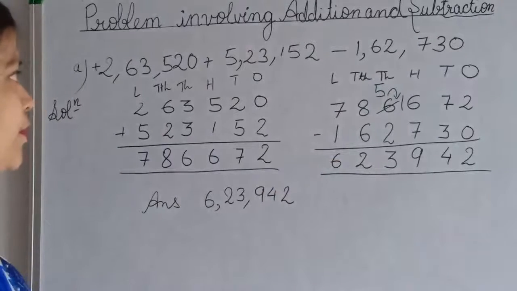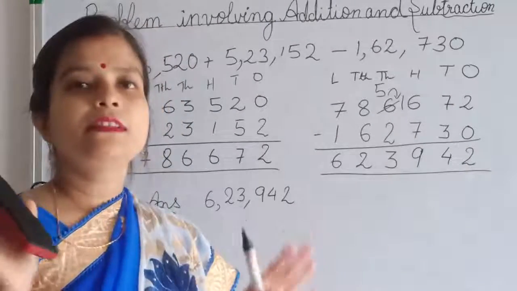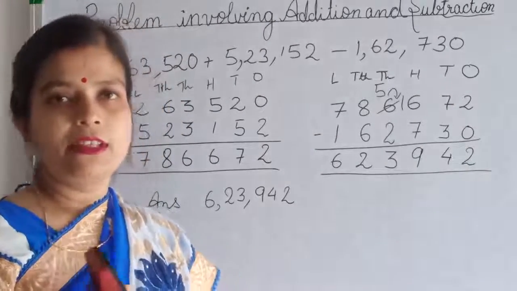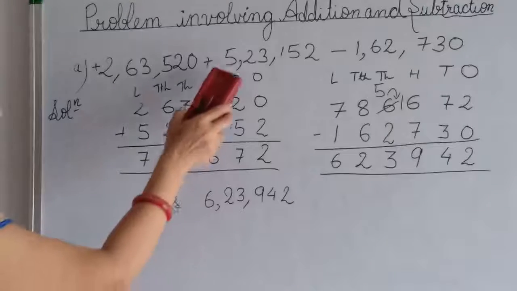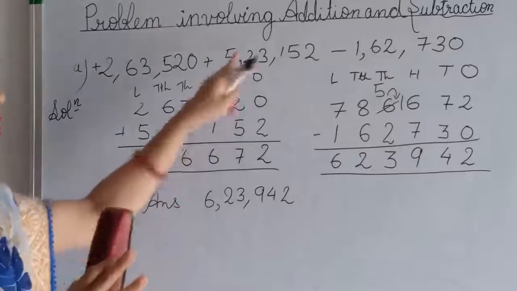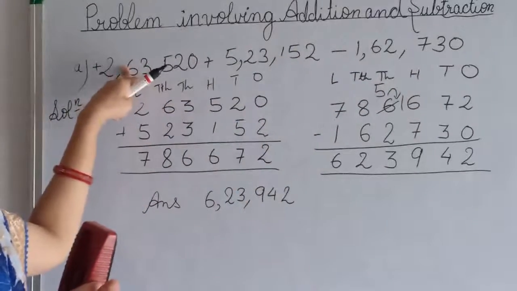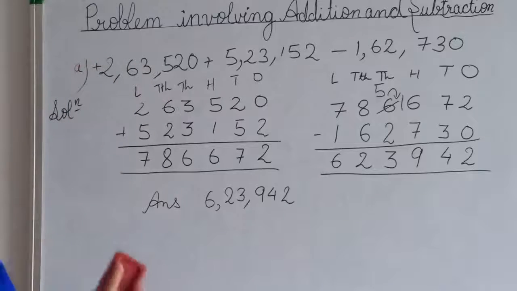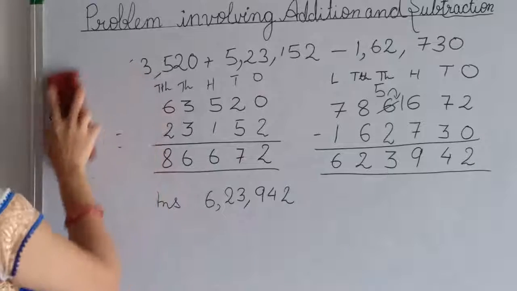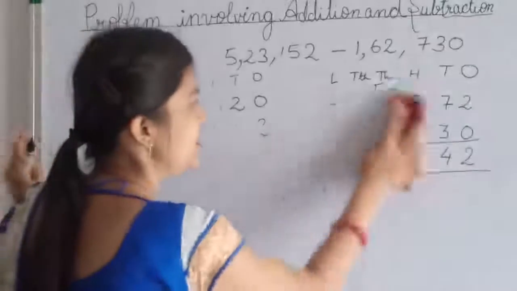The only rule we have to follow: first addition, then subtraction. Okay, first addition, then subtraction, and we have to add the numbers in front of which there is a plus sign. We will not add these two numbers. Okay, we will add these two numbers only. Okay. Now let's discuss one more question here.